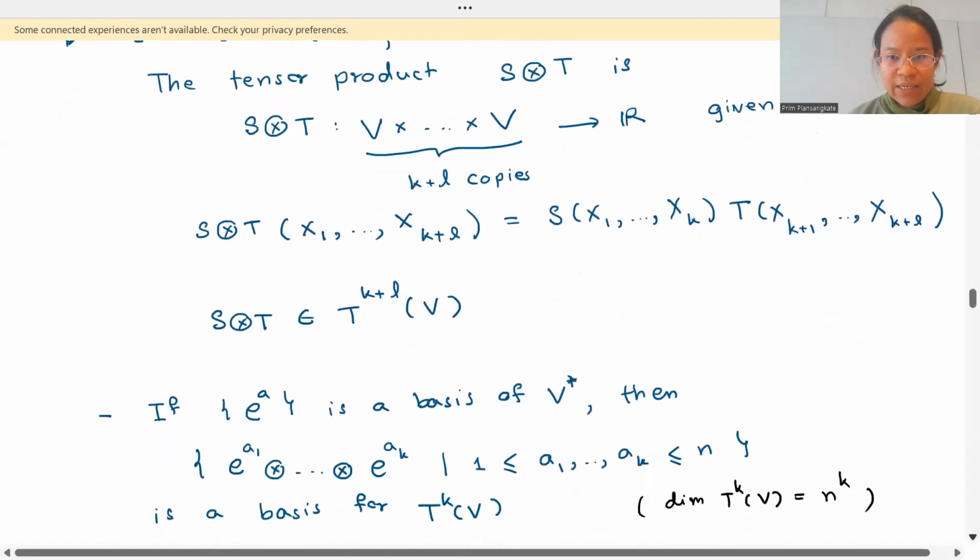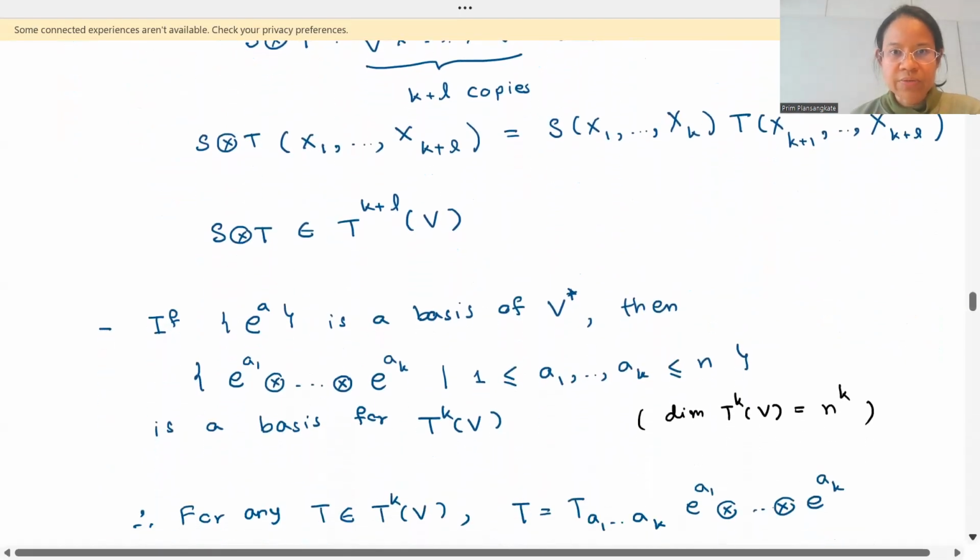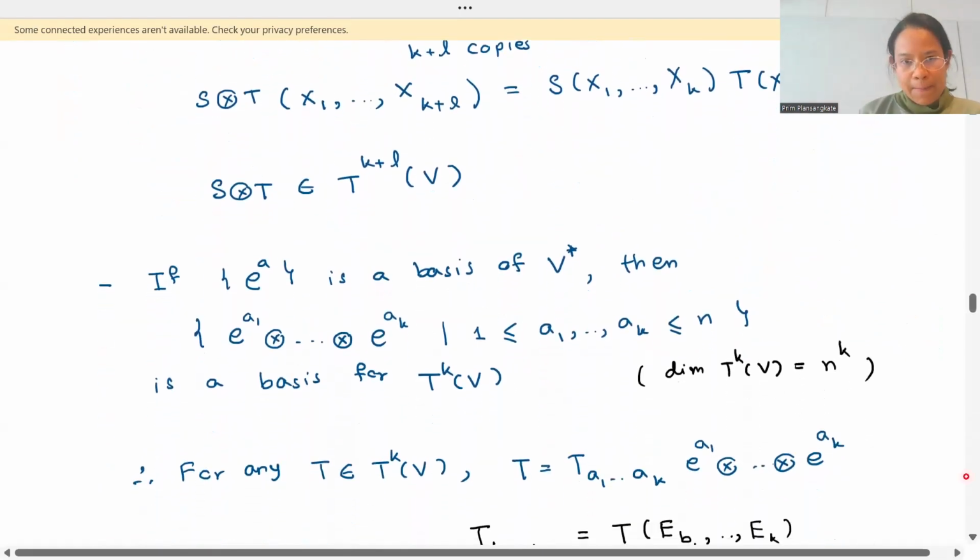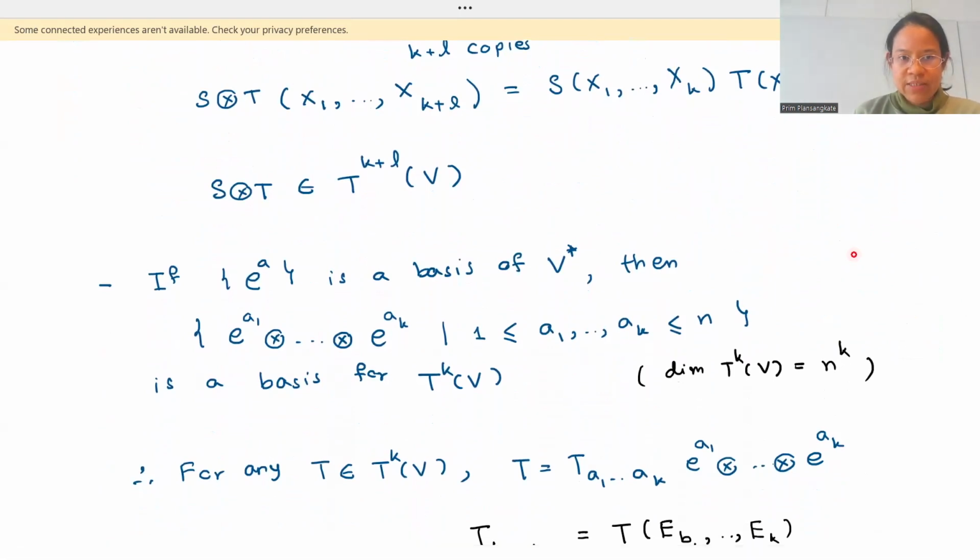And a very useful result is that, suppose you have a basis. So this is a basis of the dual space of V. Then the tensor product, so it's a covector, right? So this is a covector, and you tensor K of them. So this is